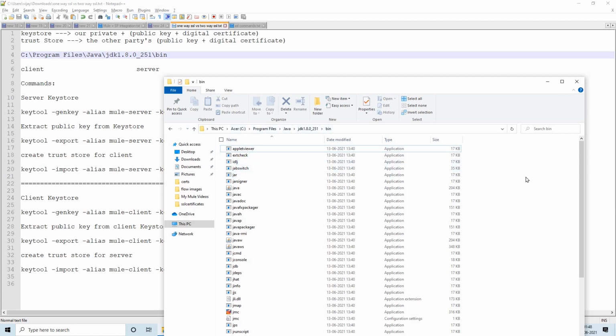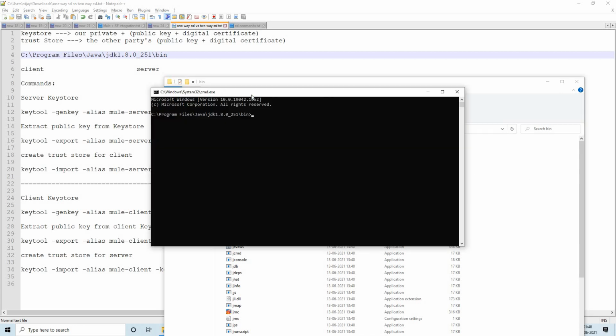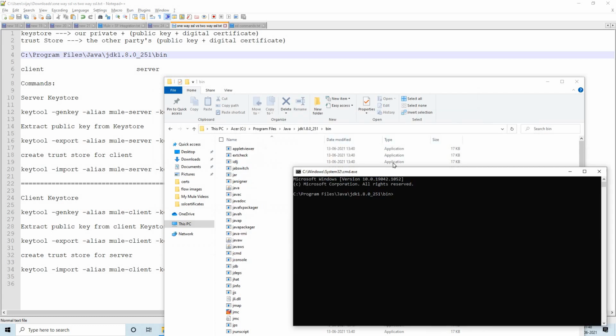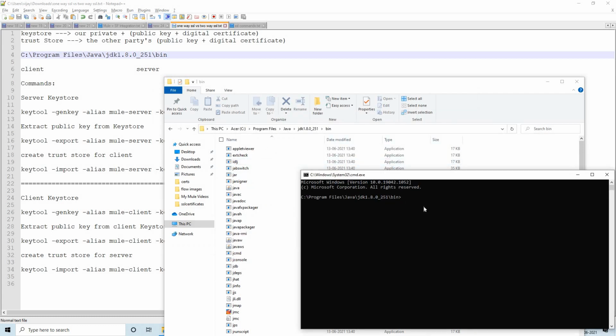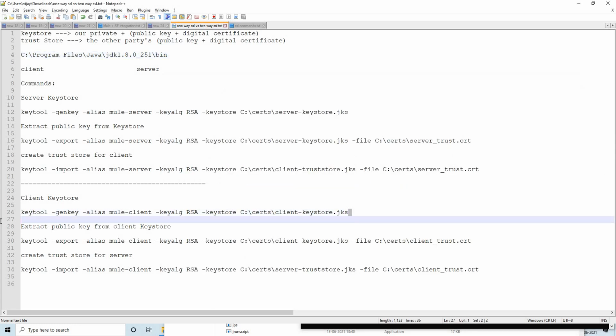You have to go to this path and just type CMD here. So this CMD tool got opened in this path, I mean the control is in this path right now. Now you have to use these commands and create three different certificates.